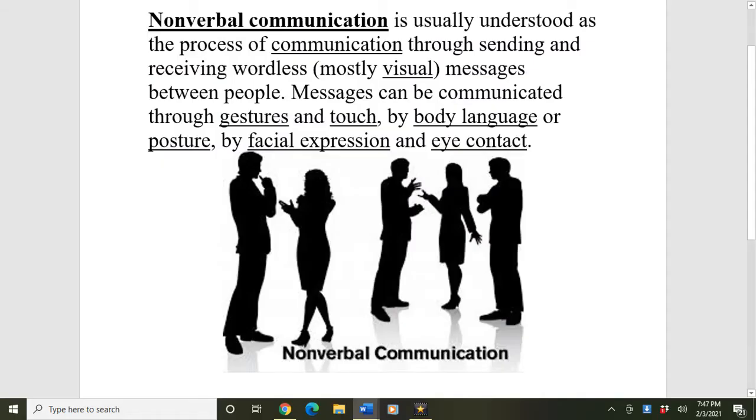And so where it starts, the first thing you want to pay attention to is nonverbal communication. The reason for this is that people are not always talking to you. They're not always telling you something. But while they may not be telling you in actual words, their body language, their posture, their facial expressions, the eye contact they give you is constantly communicating. People communicate by the clothes they wear, the way they do their hair, and those sorts of things. They're always trying to communicate in one way or another.